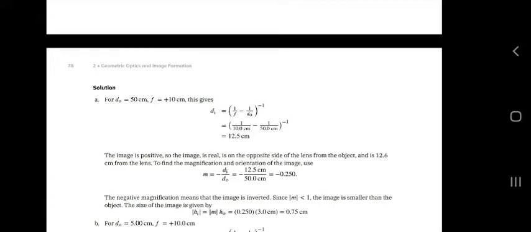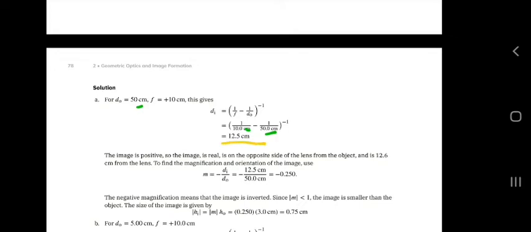Our focal length is 10 cm, and our object distance is 50 cm, raised to the negative 1 power. So we must substitute and simplify this equation. So the image distance is equal to 12.5